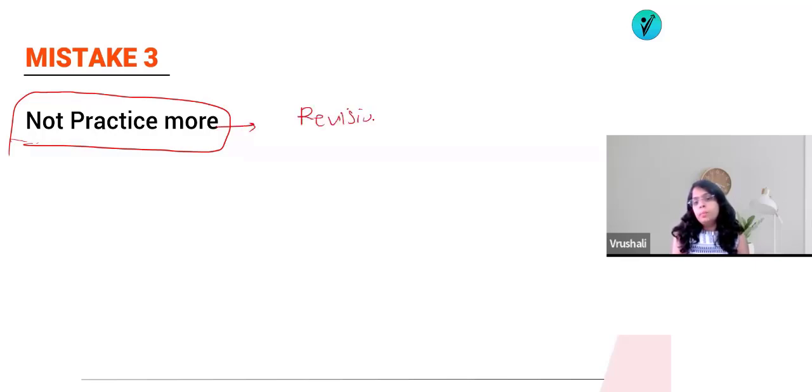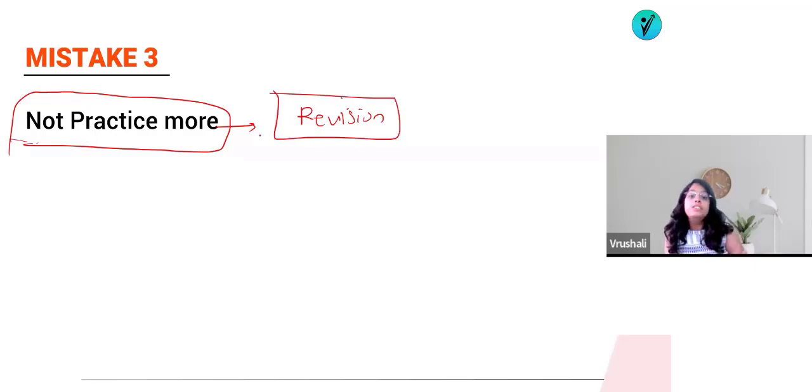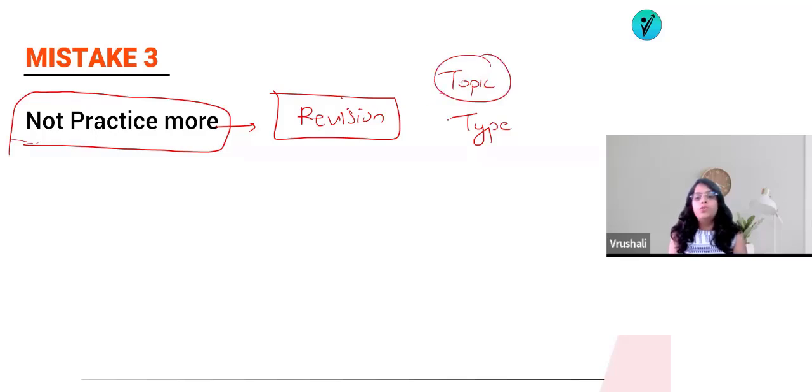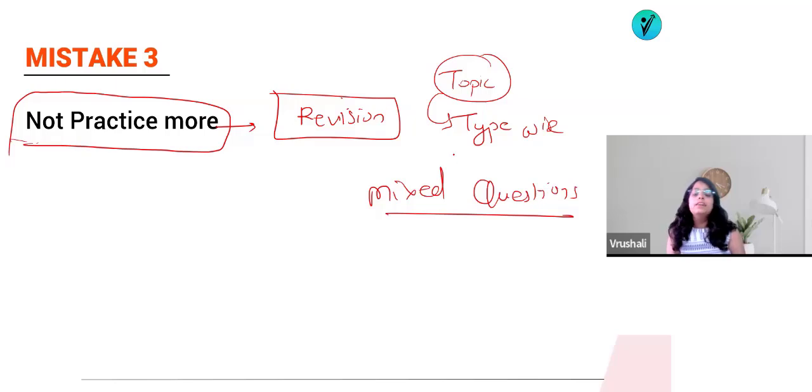Revision. You have to practice the different types of questions. You have to revise all those types of questions. You have to practice the topic wise questions. Even in the topic wise, you have to solve type wise in each and every topic. Then you have to practice the mixed questions, so that it will be helpful to you. And by practicing only you will get to know